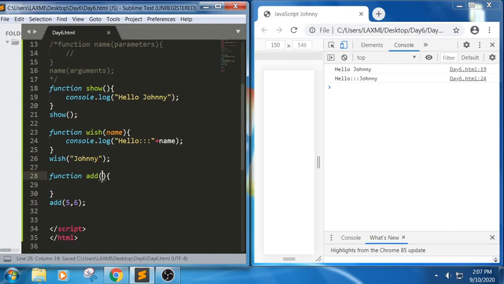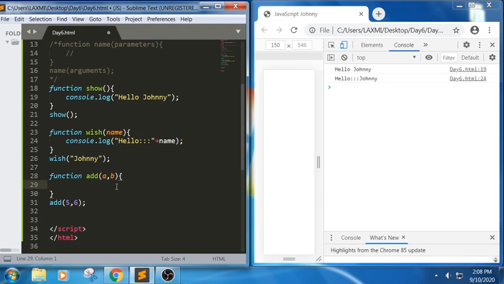So we can write here how many parameters we need to pass. We need to pass two parameters. First one is a, b. Here we call this one arguments and we call this one parameters. So we will write this snippet soon, like how to perform the addition of two numbers. So here the arguments and the parameters are defined.